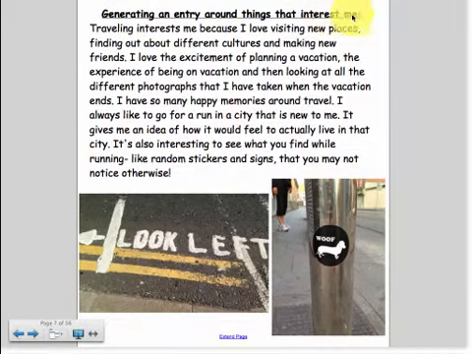Again, wanting to put forth why it is interesting to you, and for an entry, you want to try to leave the reader with some idea of what this topic could be about. So again, you can pause now and read, and then I want you to come up with an entry or two about things that are interesting to you.